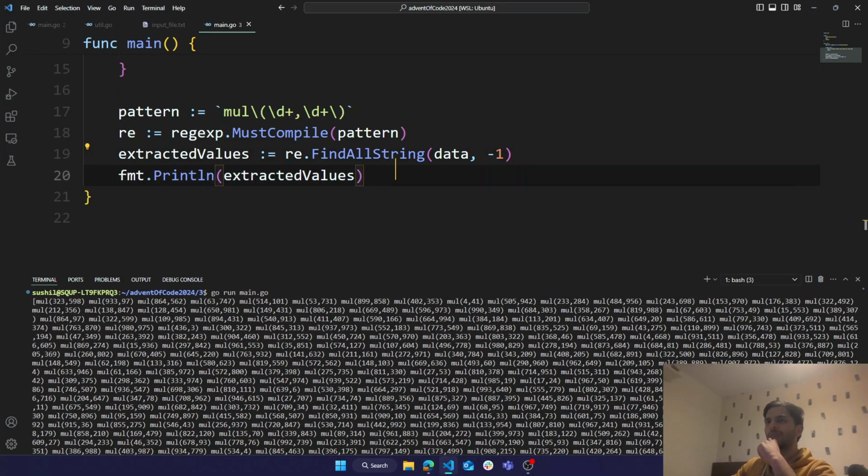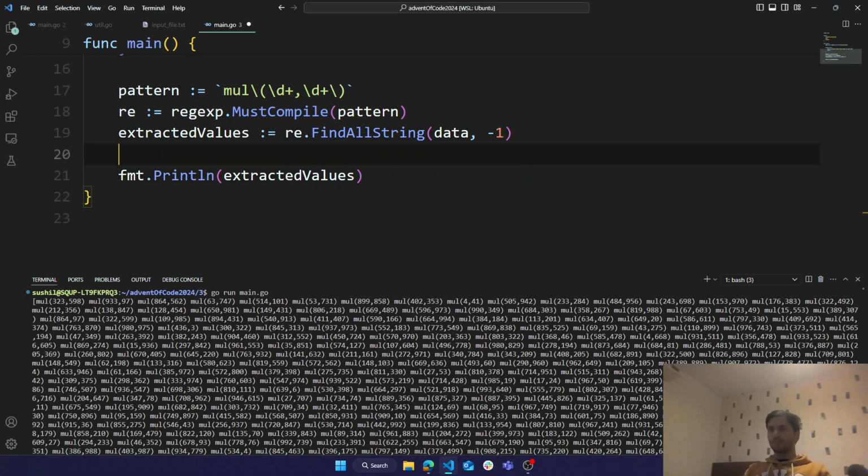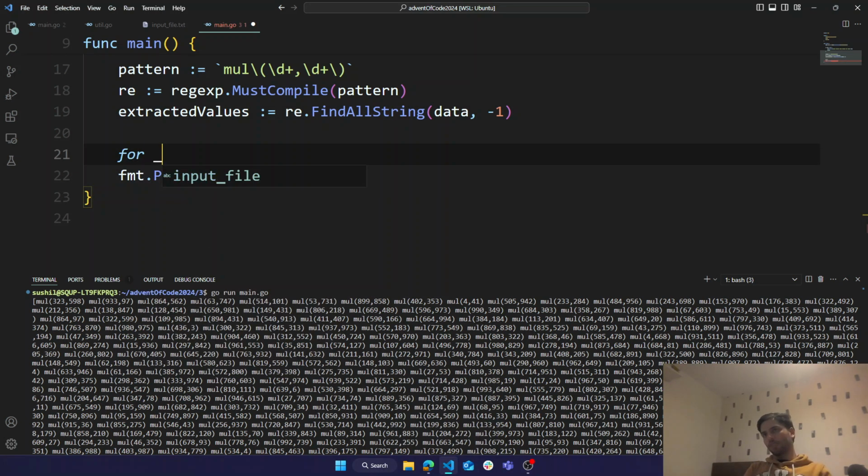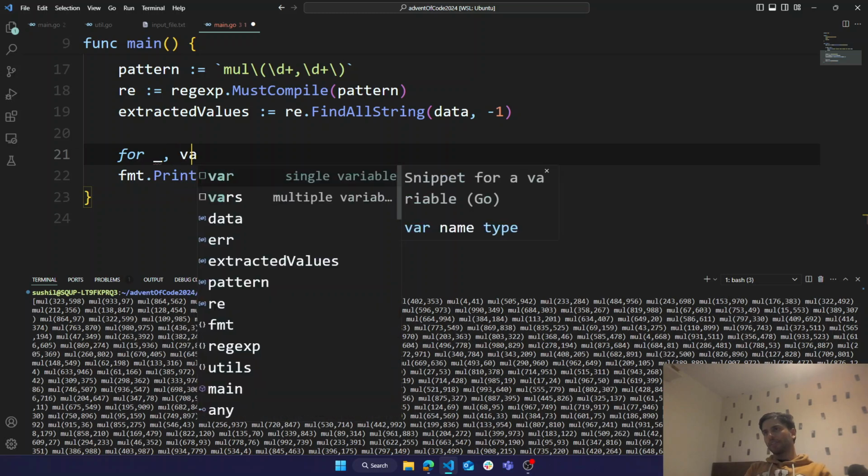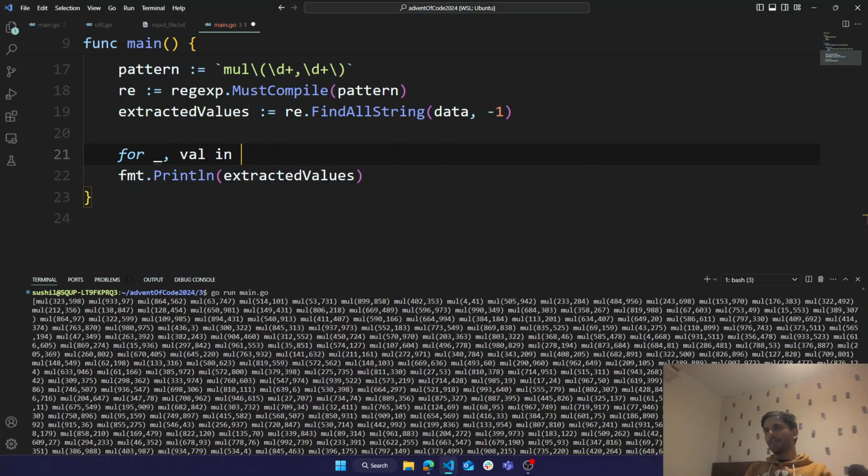Sort of. Actually, I'm going to have to loop through them either way. So what I will do is set for range of our expected values.